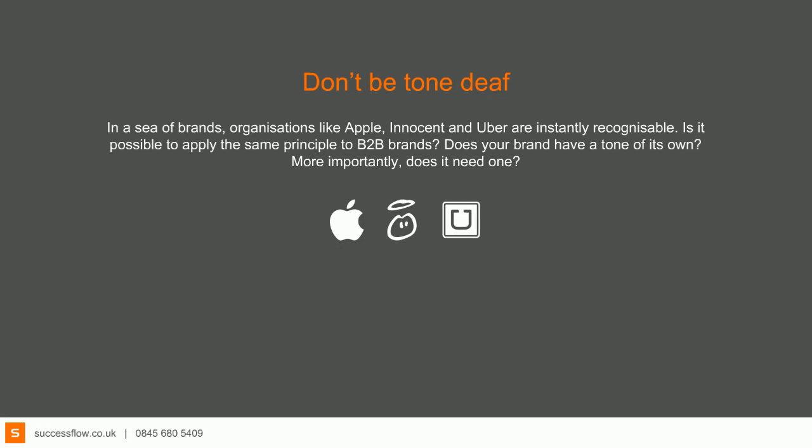So once you've got to know who they are, what drives them, where they hang out, and what they do, you need to know how to speak to them. If you look at big brands like Apple, Innocent and Uber, their tone is instantly recognisable. I've read a few articles recently on tone of voice, and there's a bit of a debate as to whether a B2B organisation needs a tone of voice like a B2C. But if you take Innocent, for example, the tone that they use is fantastic. It relates to their audience perfectly. Everybody likes what they write on their product, and it encourages interaction with the brand.